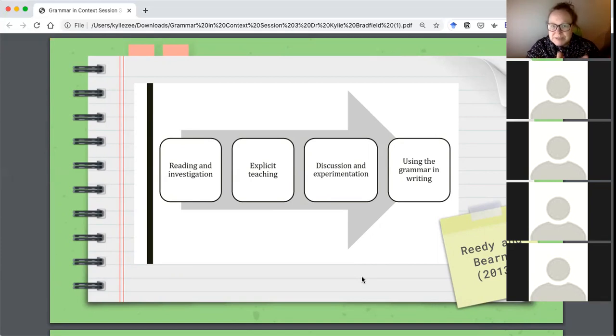We are going to do explicit teaching of that particular grammatical concept. We are going to let them talk about it. We're going to talk to them about it. And we're going to let them experiment, make mistakes, fix errors that we've made ourselves, fix their peers' errors. And then to use that in some really managed writing experiences before we allow them to have some